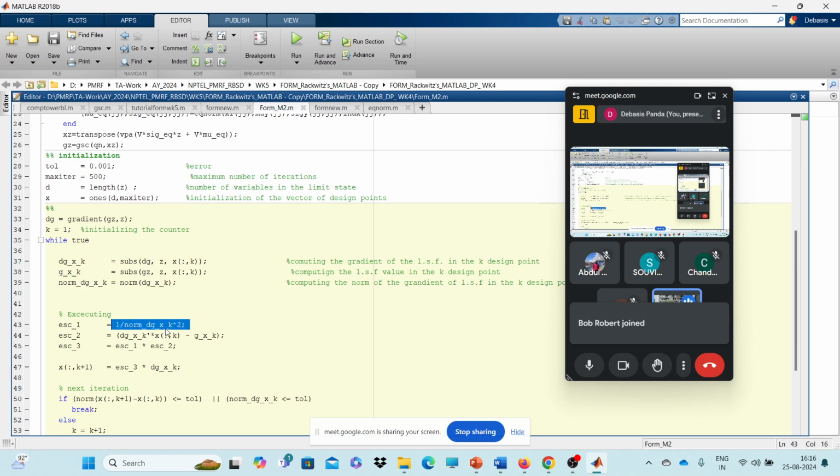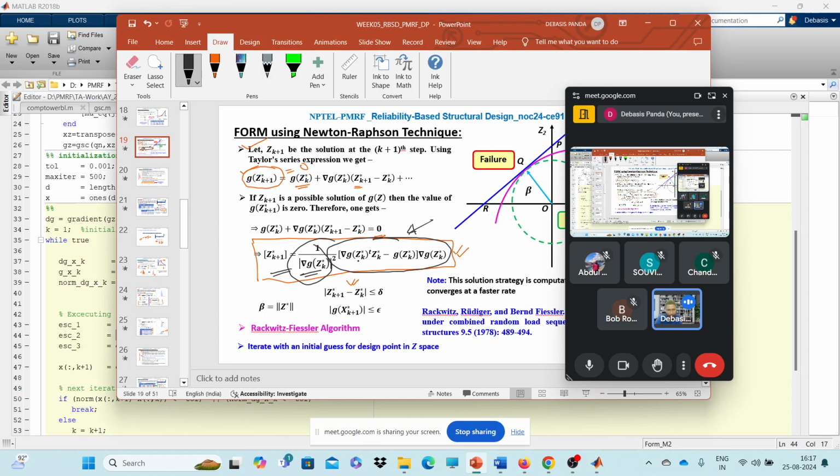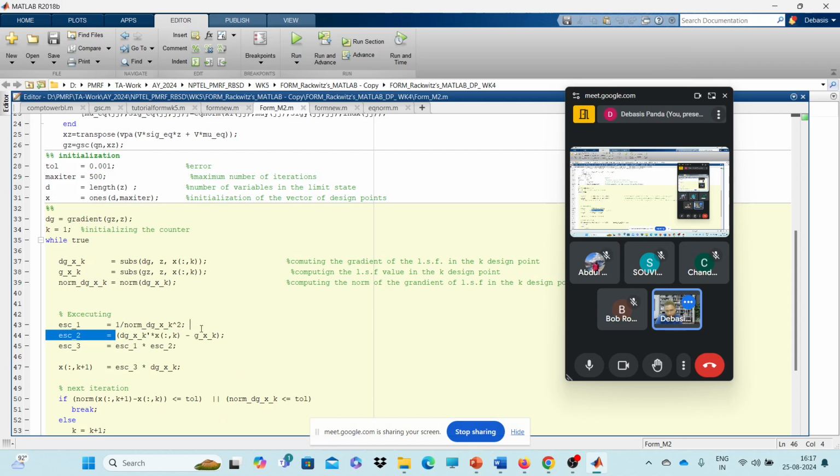So 1 by norm of g of xk. Now the norm of g of xk I have already found here. Here, just for simplification, I write these terms separately. Now this is the bracket term. If you go here, this is nothing but the gradient of zk multiplied by zk minus g of zk gradient of zk. This term is written here. Look, dxk hat multiplied by x all comma k, that means that particular form it will find out,